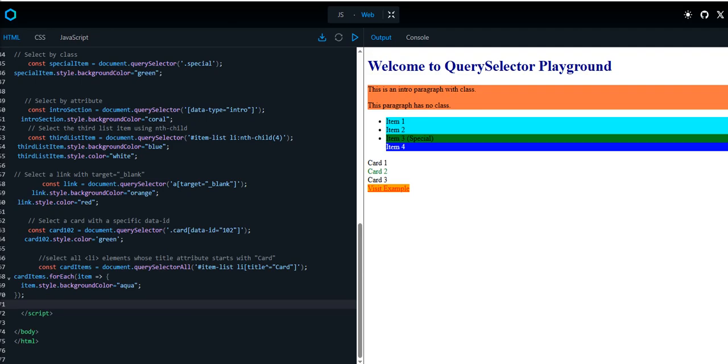So second, select all the elements whose title attribute ends with card. So you see with query selector you can take attributes that start with a word or letter, or end with a word or letter, or contain a letter,